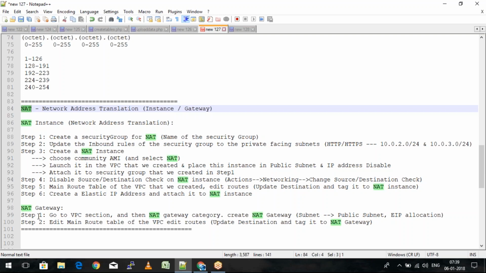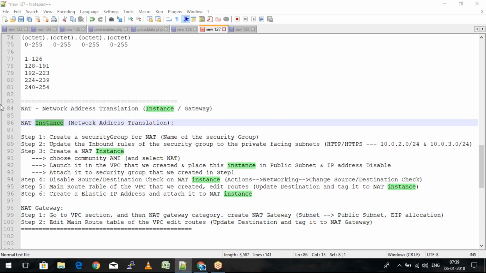NAT can be set up in 2 ways. One is the NAT gateway, and the second is a NAT instance. We saw that the gateway is very simple and easier to set up, and then we also learned about the instance. Now there's a reason why the NAT gateway is preferable over the NAT instance. In the NAT instance, at step 3 when launching it, I have to select the size. After I select the AMI, I select a size, that is T2 micro, which has 1 GB RAM and 1 virtual core of CPU.